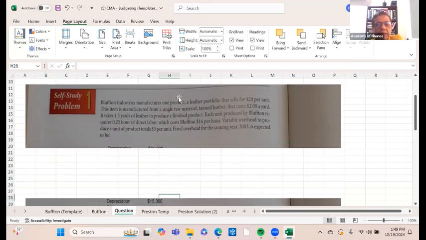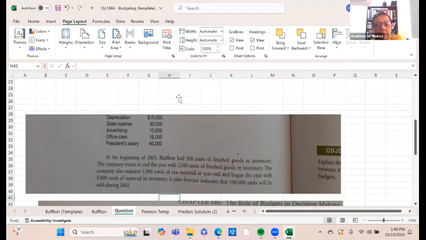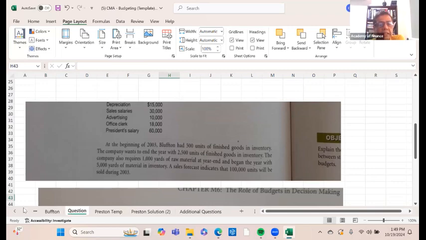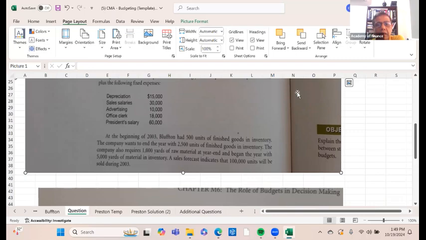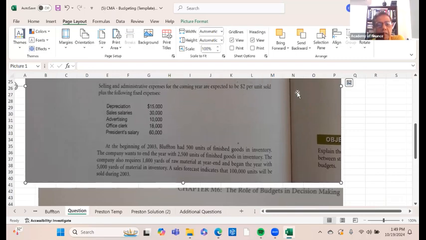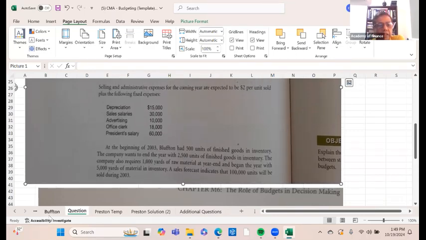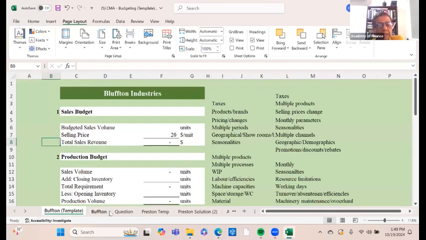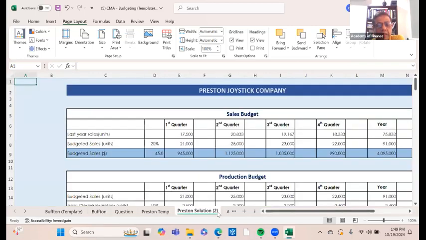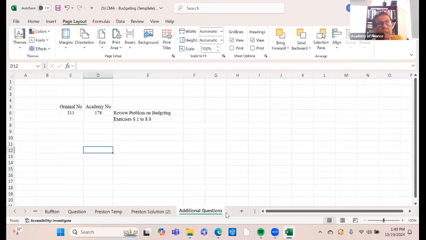Now, one thing that you can do is, like I told you just before the break, there is this example, a simpler version, a budgeting related example. You can try this example on your own. It's there in this question. Your template is here, and the answer is there. So you can do that question. And when it comes to the revision session, we will do a couple of other questions later.